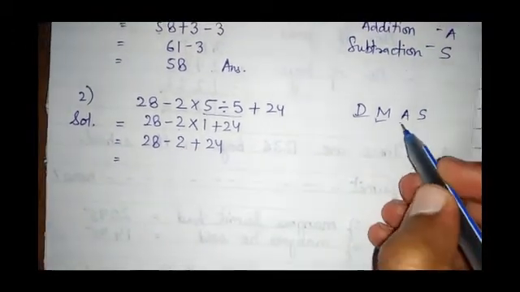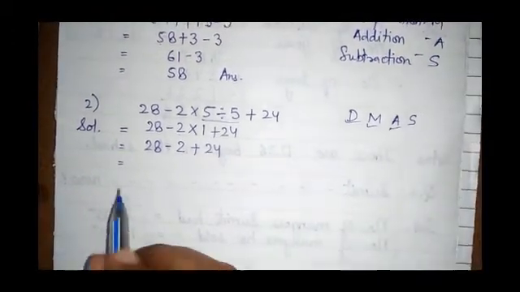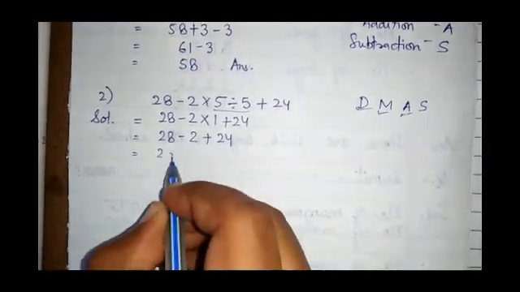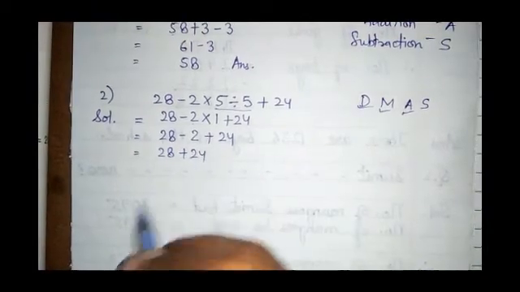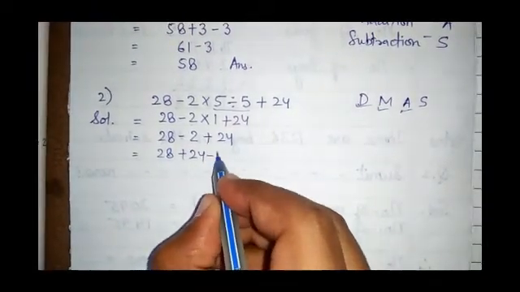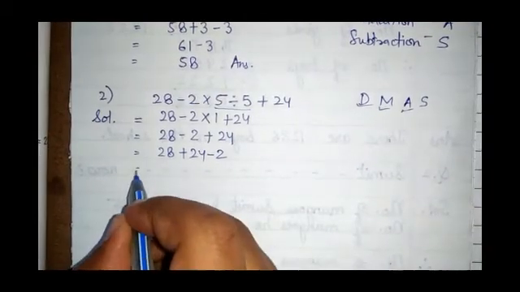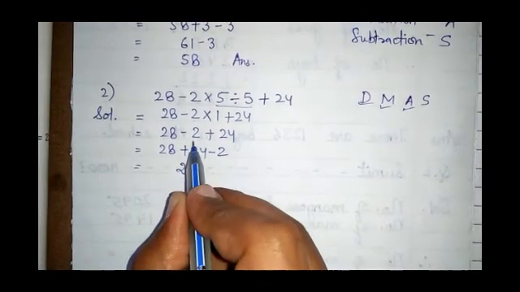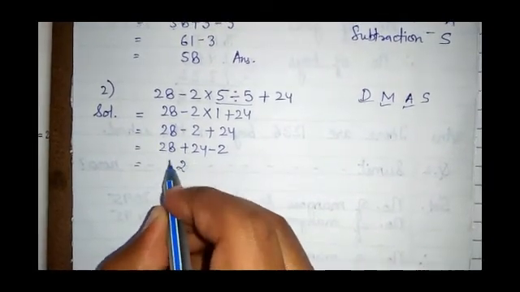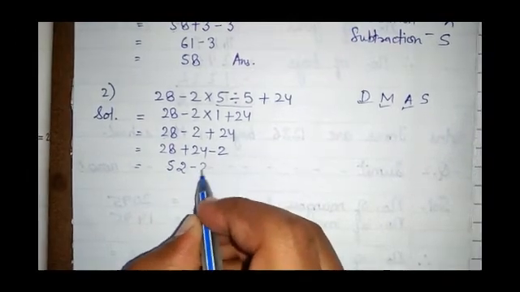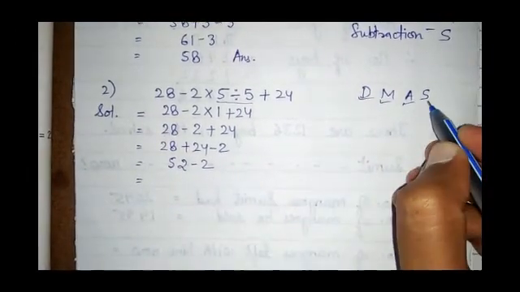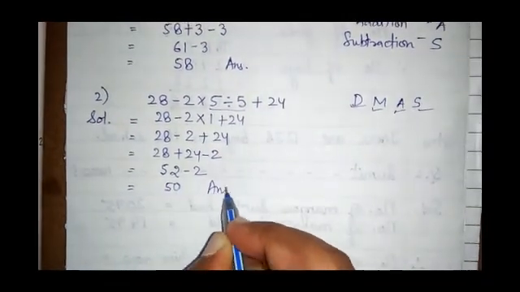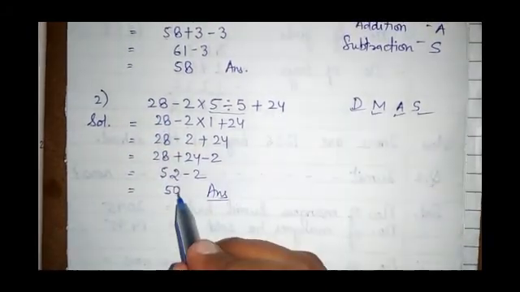Now we have to do addition. Okay. Now which numbers will be added? A number which has no sign and a number which has a plus sign. That means we will add 28 and 24. 2 has a minus sign, so it will be subtracted later on. So we'll add 28 and 24. It will be 8 plus 4, 12, carry 1, 2 plus 1, 3, plus 2, 5. 52 minus 2. Now addition is done. Now we'll do subtraction at the last. 52 minus 2 will give you 50. So we have simplified this expression and the answer is 50.